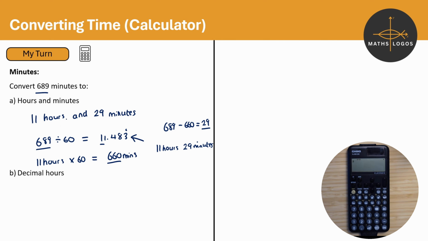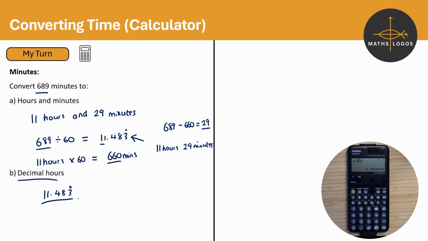Okay. Part B, we want to convert 689 minutes to decimal hours. So same idea as before, we're going to type in 0, Shift plus, that's told my calculator no hours, 689 minutes, Shift plus, and that's the setup that I need to use for this. This time I'll hit execute and it gives me the same answer as before, 11 hours and 29 minutes, but instead this time I'm going to hit the format button down at the bottom, and I want to turn it into a decimal like this. And it gives me the